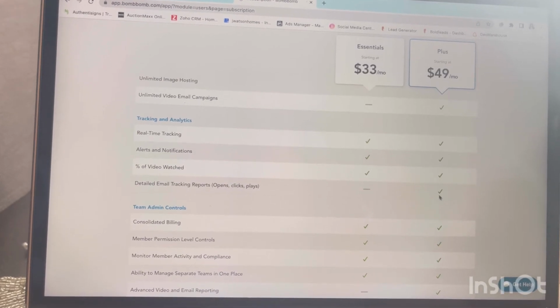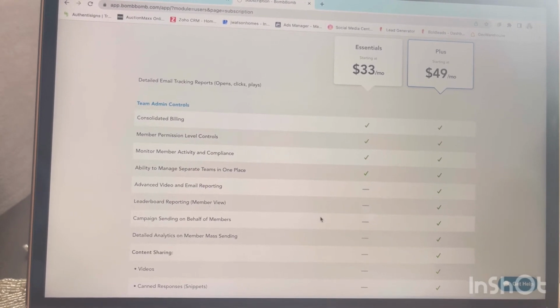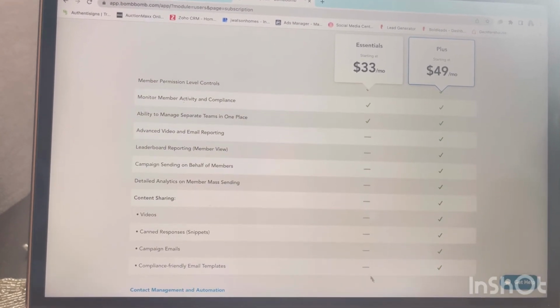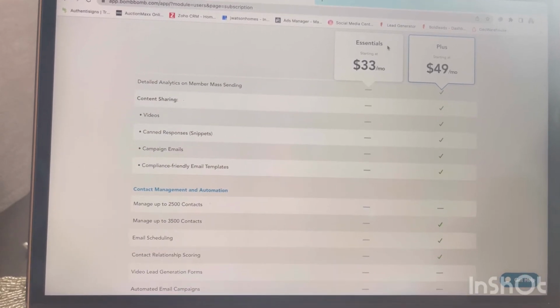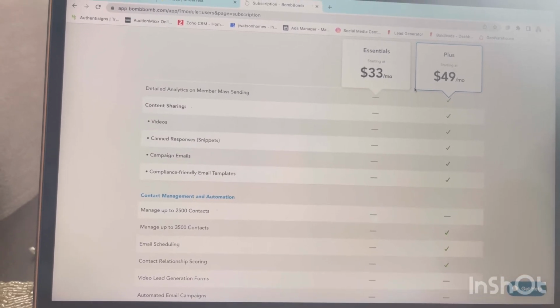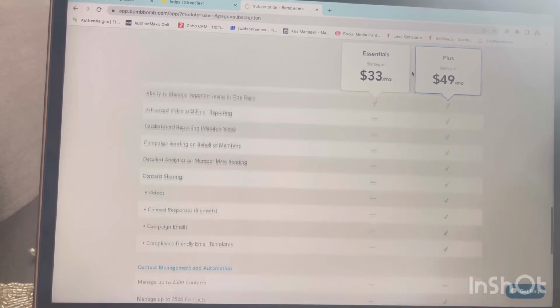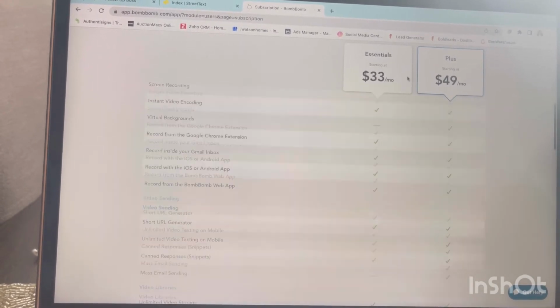Tracking, you only get it on the Plus. And there's a whole bunch of other things out here, advanced reporting, that you don't get in the essential campaign. Now, bear in mind, this is the pricing that they shared based on a yearly subscription. If you actually